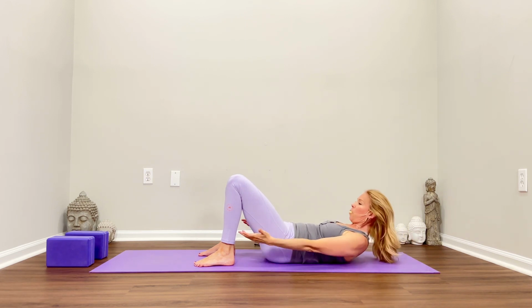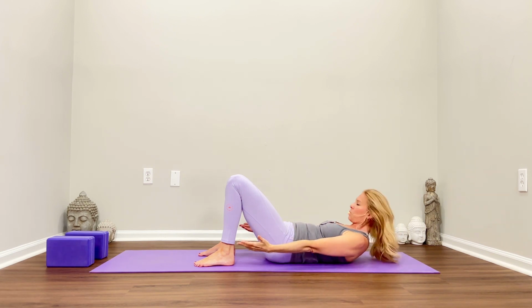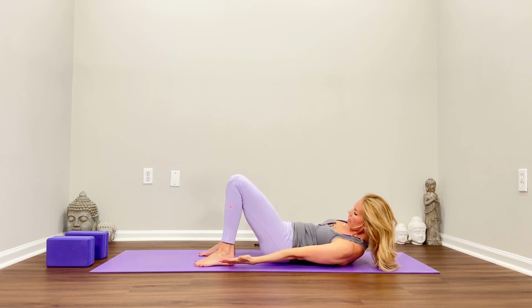Exhale, lift the upper body and reach your fingers toward the front of the mat. Keep your collarbone broad, and you're going to pretend there's an orange between your chin and your chest, just so you're not using your neck. So really lift up, and all you're going to do is reach over to the left side, reaching your fingers